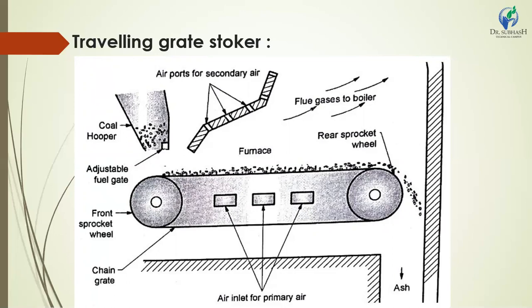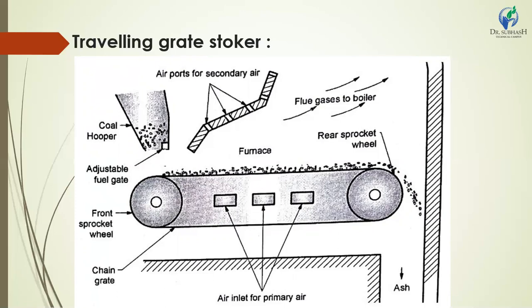The air required for combustion is supplied through inlets located below the grates. You can see here, the air duct under the grate is divided into sections to enable air supply to different parts of the stoker. The secondary air is supplied through the ports provided in the furnace walls above the grate. The combination of primary and secondary air provides the turbulence required for rapid combustion.